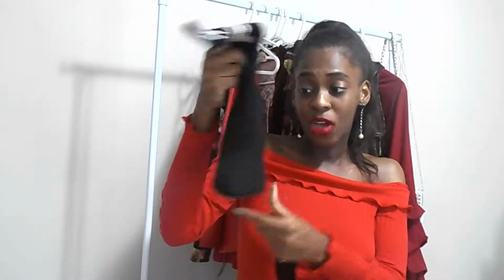They were all over the runway, as well as just regular fashion and regular stores. They were in those stores as well as these boots. These boots were super popular like a year ago, and I didn't think they would still be popular this year, but when I was in the stores I saw these boots a lot. So the sock pointy toe boot